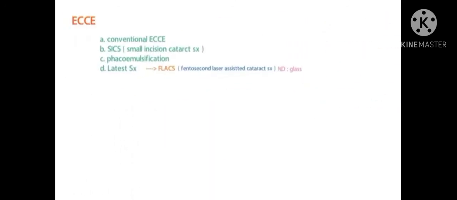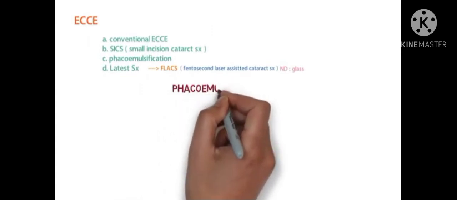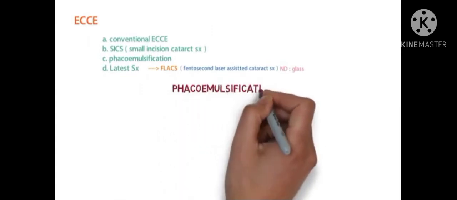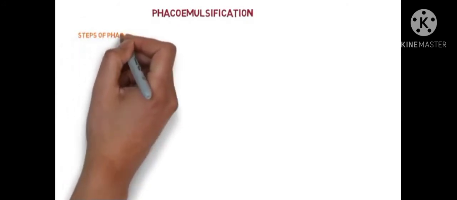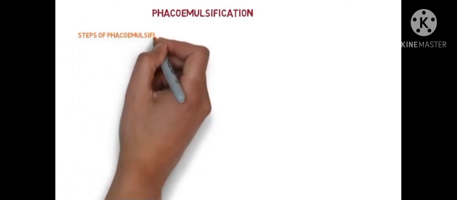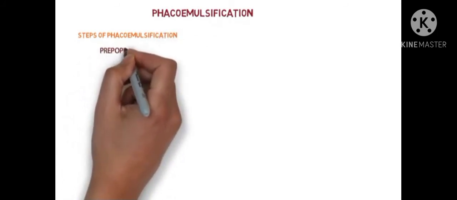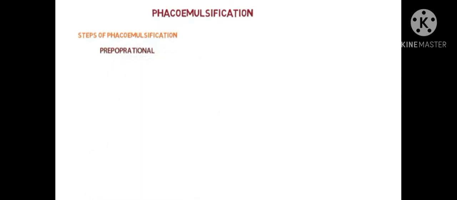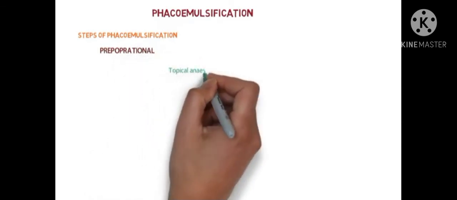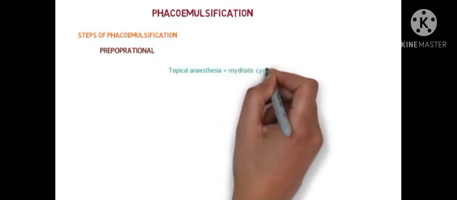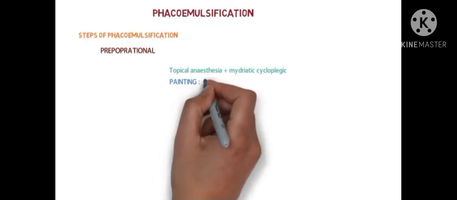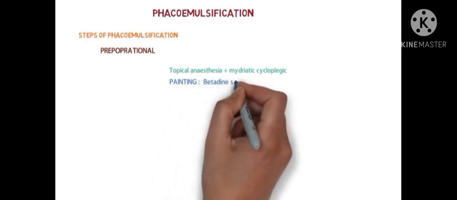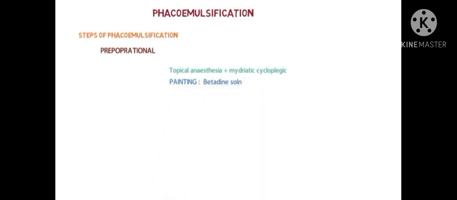Note this point. Now we are moving toward a very important topic, that is phacoemulsification. Before its operative procedures, we must know about the pre-operative procedures. The first step is pre-operative, in which we give topical anesthesia plus mydriatic or cycloplegic to the patient. Painting of betadine solution can be applied on the external ocular surface, plus we can instill betadine in the conjunctival